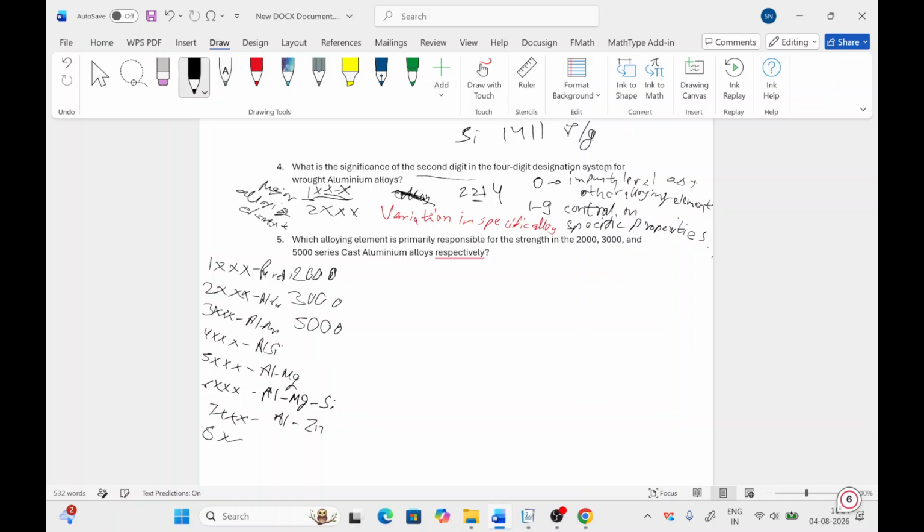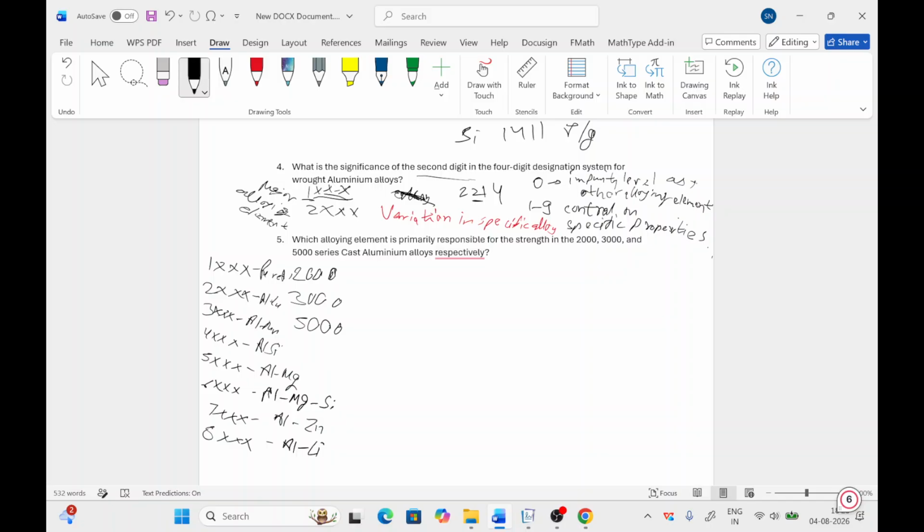And 8000 is aluminum lithium. Okay. So these are the standard forms of the aluminum alloys, but for casting